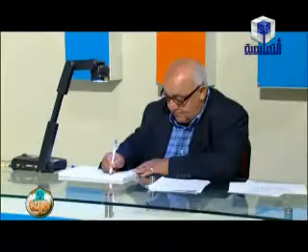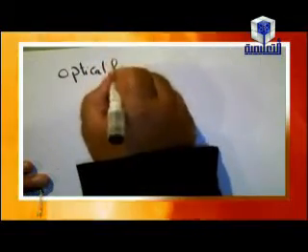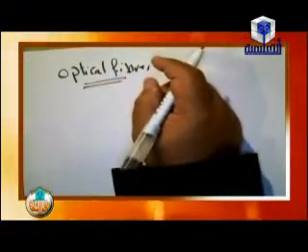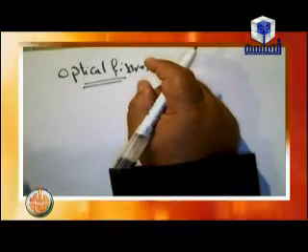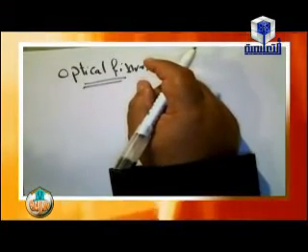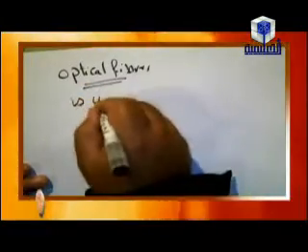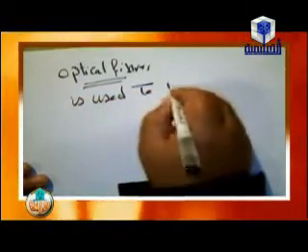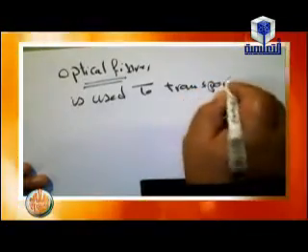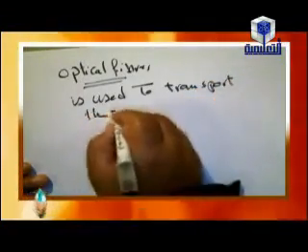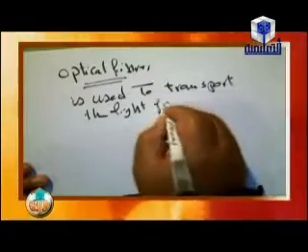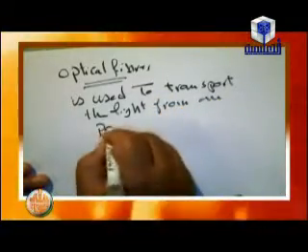And another? Okay, optical fibers may be used in the transportation of light. We know that the scientific idea of optical fibers is based on the critical angle. When the light rays enter it with an angle more than the critical angle, they will be totally reflected. So the optical fiber is used to transport the light from one point to another,